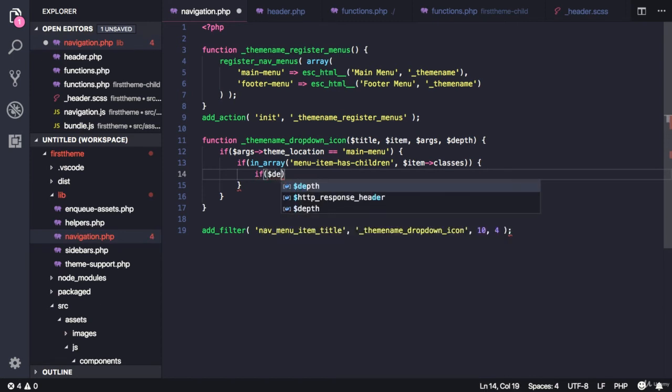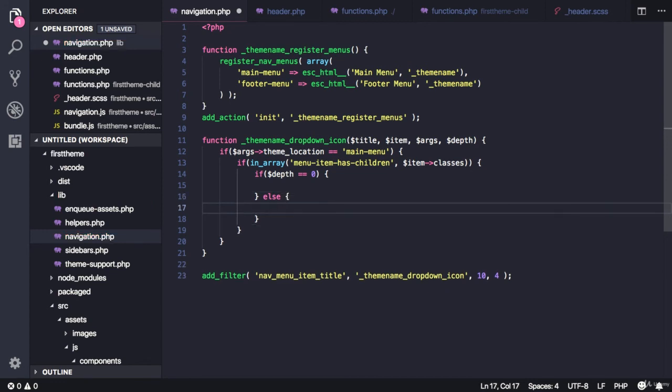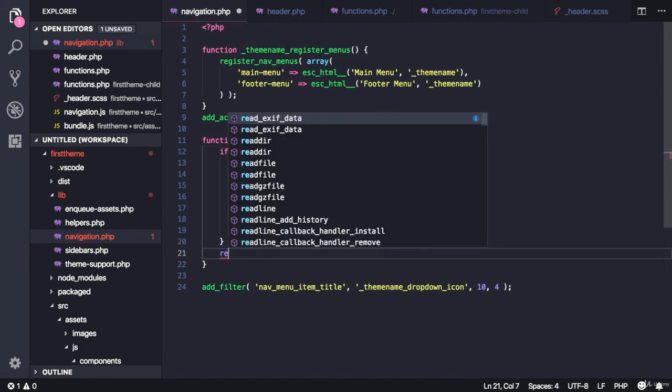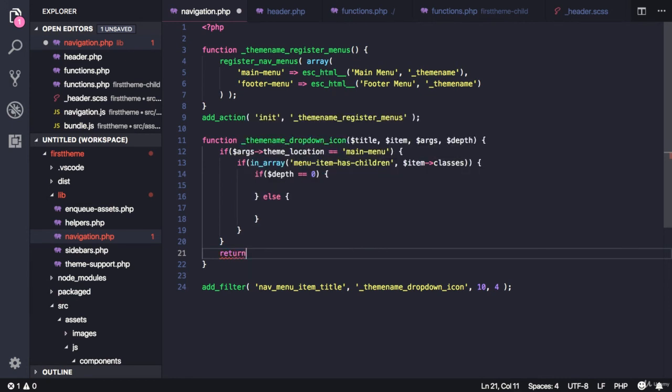So if depth is 0, we'll display the icon for the down direction icon, and else the right direction icon. So remember, this is a filter, so we have the title and we need to filter it and return it. So the last thing is to return the title,